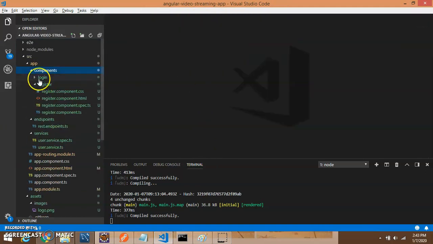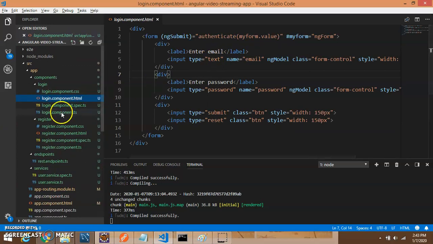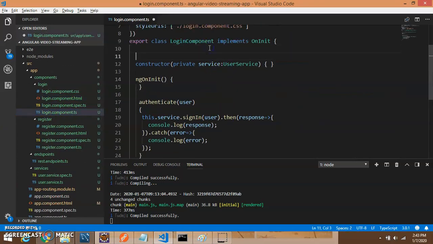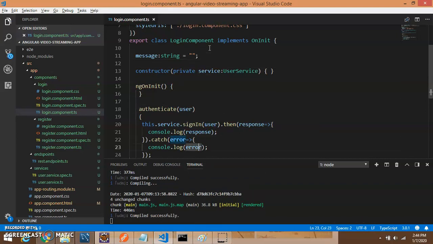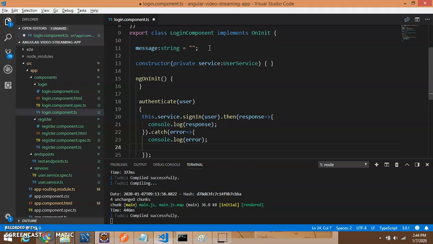I'll go to my login component, and there I'm going to declare a property, message colon string is equal to empty. In case there is an error I will also log it to the console, but I will also say this.message is equal to invalid username or some error occurred. Now this might be due to network failure, okay, and here I will check the response,